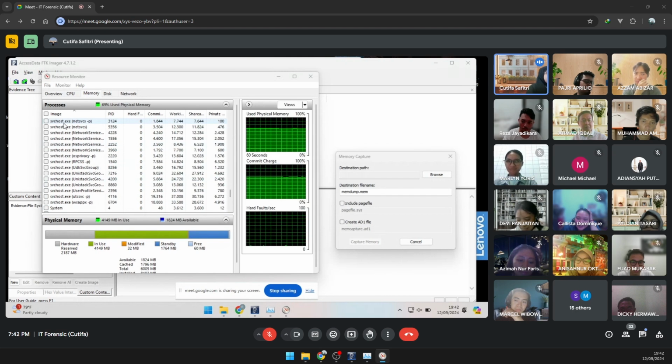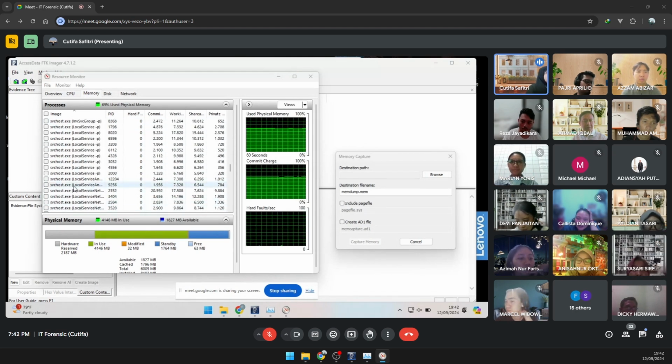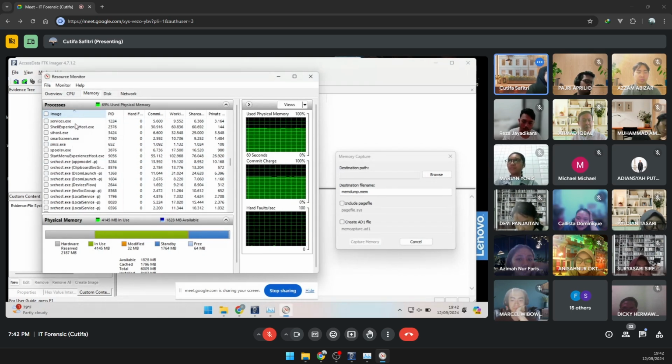Now, if you see here, this is my service host, by the way. Service host performs so many things. Service host app model, so I sorted this based on the name, yeah. Service host for clipboard. Service host for local service. Service host for this, service host for that.